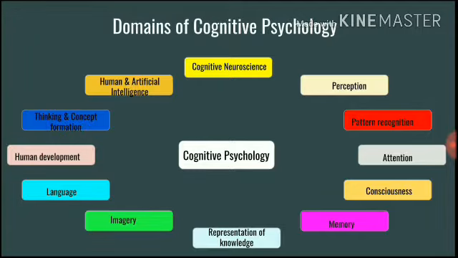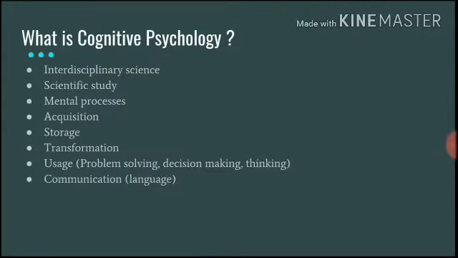Yes, so now that we've looked at all the major domains of cognitive psychology and we have a clearer picture of what we've understood consists within cognitive psychology, I'd conclude with a basic summary of what exactly cognitive psychology is. This is basically a summary of what we have already discussed in the previous slides. To conclude, this would give you a complete understanding of what we have understood about cognitive psychology.